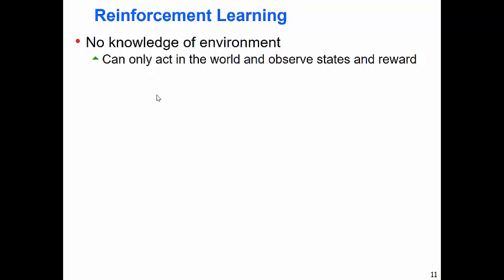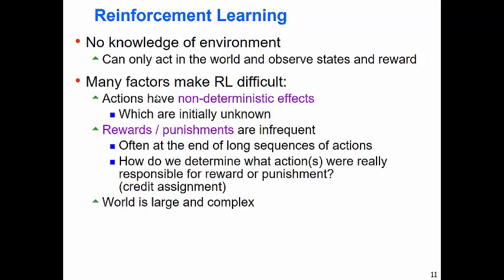So as we said, we have no knowledge of the environment beforehand. All you can do is take actions in the world. And this is difficult for many reasons, right? Reinforcement learning is hard, and really impossible for a lot of problems. So one thing, every time you take an action, if it's a stochastic world, you could have a different effect, right? That's just naturally confusing, and you can imagine that the more random your actions are, the harder it is to learn. And of course, at some point, if your actions are random enough, you really can't do anything useful in the environment anyway.